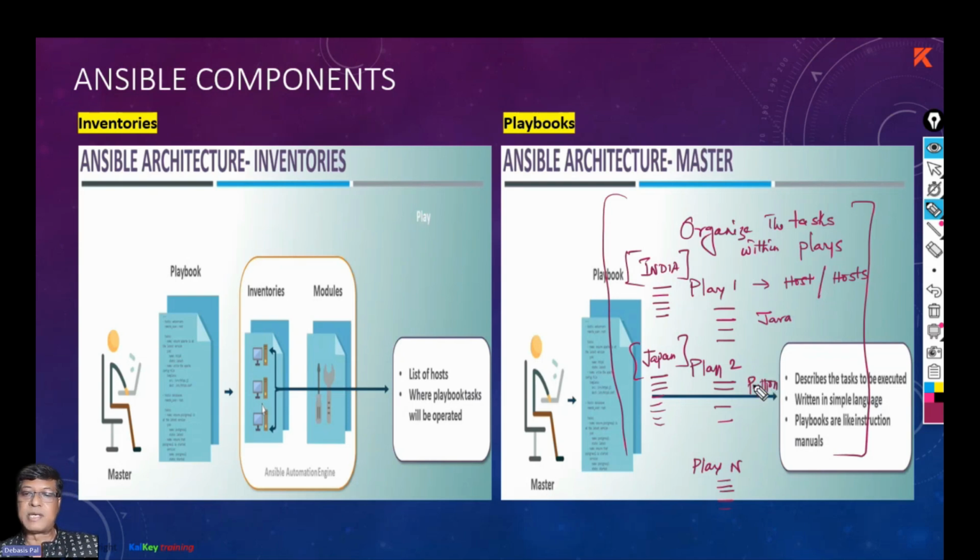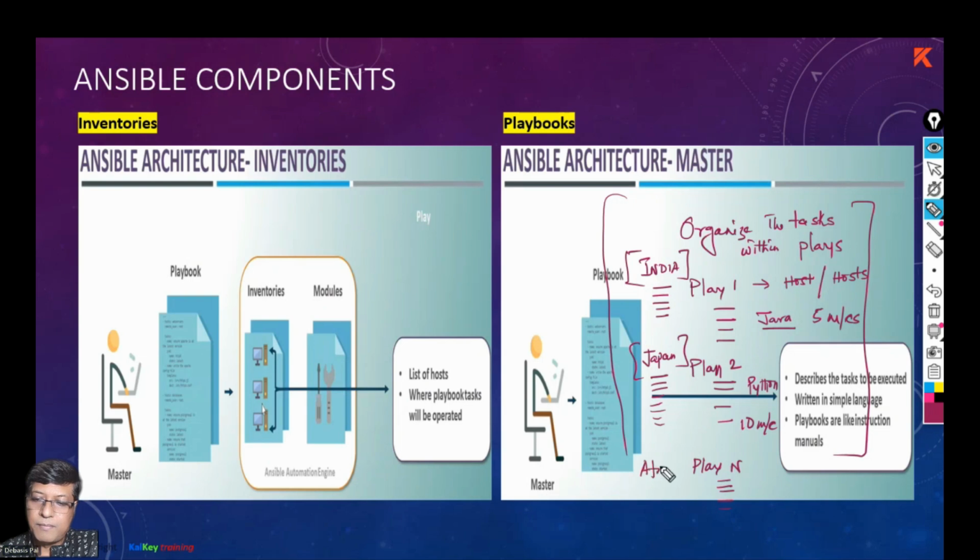So your company has asked you to write a playbook where you can install Java on all the 5 machines in India, all the 10 machines in Japan, and maybe this is